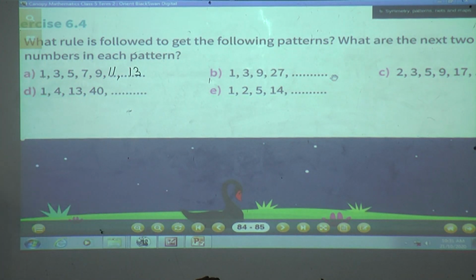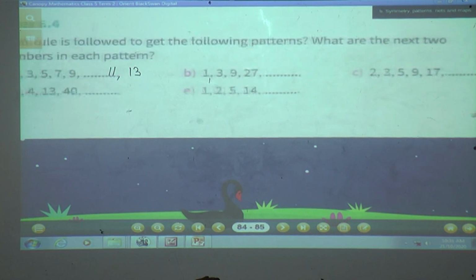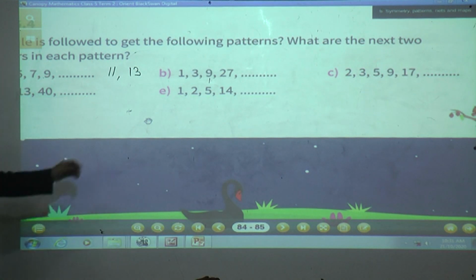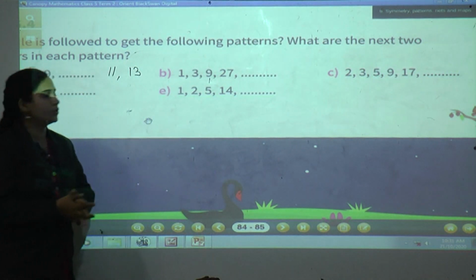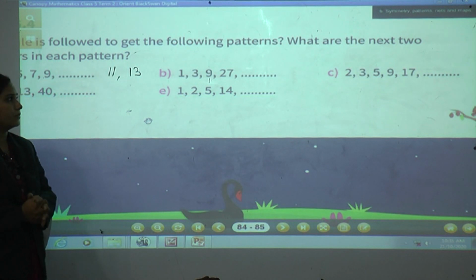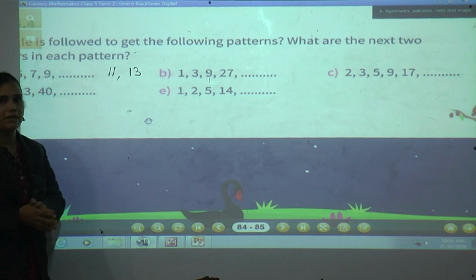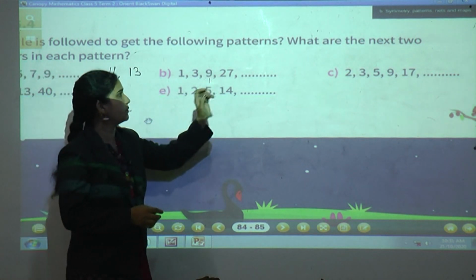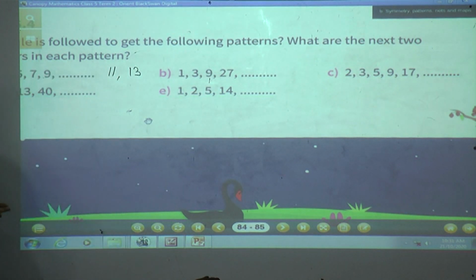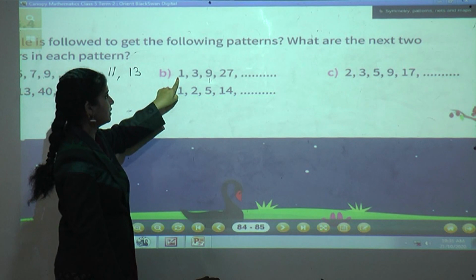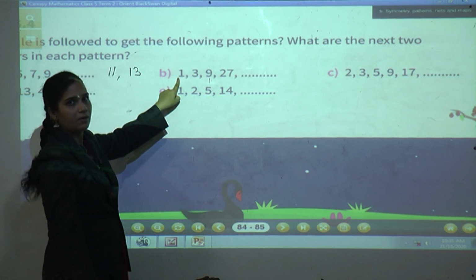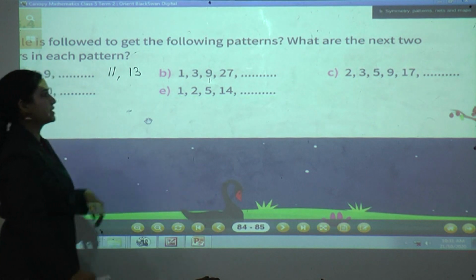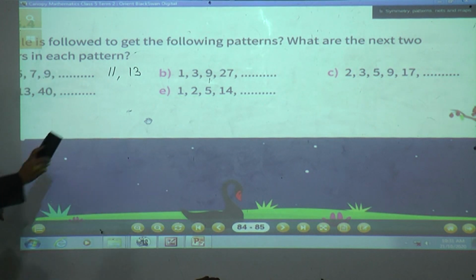Okay, now understood all of you this one? Okay, now the next one, B. Here, what will be the pattern, students? Yes, can you tell me? Just now I told you about different patterns. So here, what will come, students? Yes, here are the cubes. This one is a cube of 1, isn't it? Here are the cubes. No, students. So don't get confused. Tell me the correct answer.